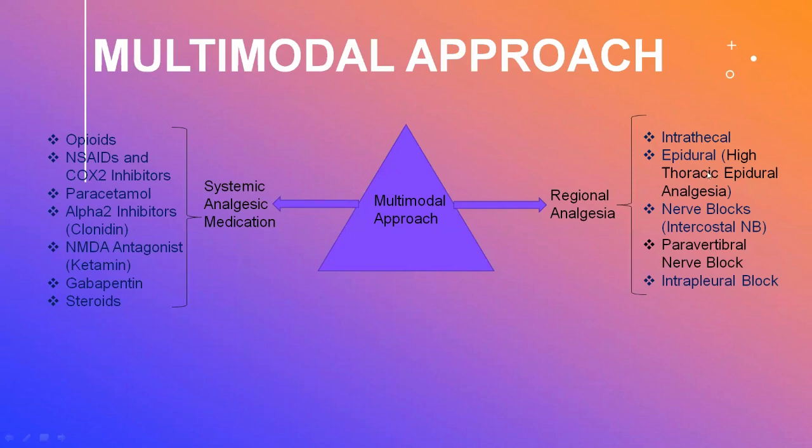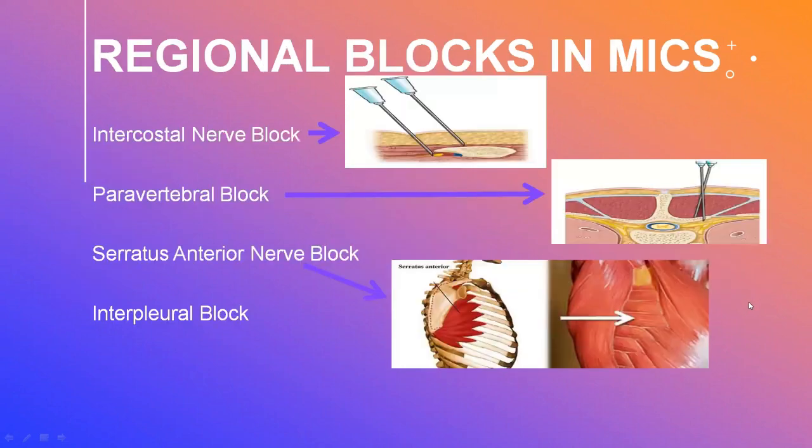There are a lot of regional anesthesia options like intrathecal, epidural, high thoracic epidural analgesia, and nerve blocks: intercostal nerve block, paravertebral nerve block, interpleural block. In case of MICS, we need to know the intercostal nerve block. This is the intercostal nerve block. Another is paravertebral block, the serratus anterior block and interpleural block. Here I will discuss the intercostal nerve block and serratus anterior block in detail, but not the thoracic epidural or paravertebral block,